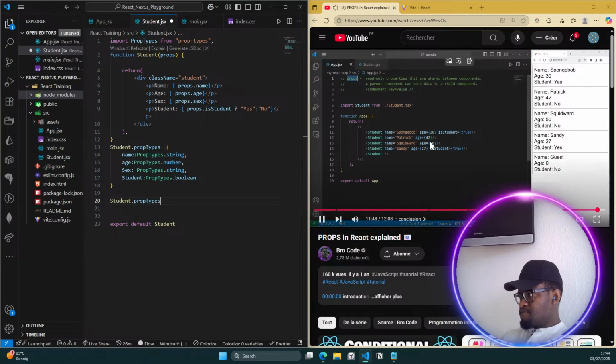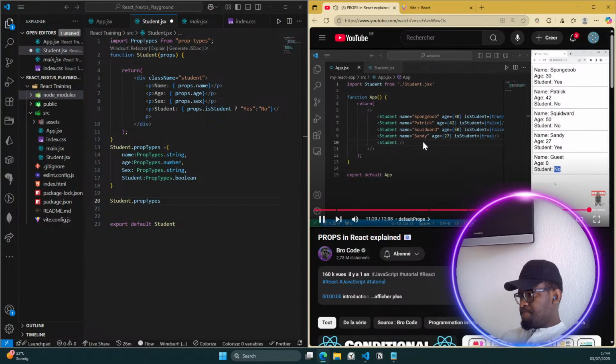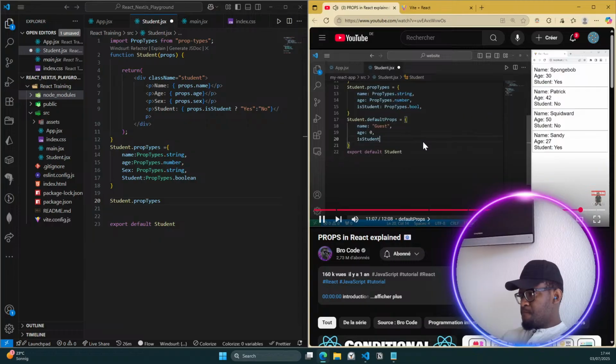All right, everybody, so those are props. They are read-only properties that are shared between components. A parent component can set props. So if I were to go to our app component, is student will be